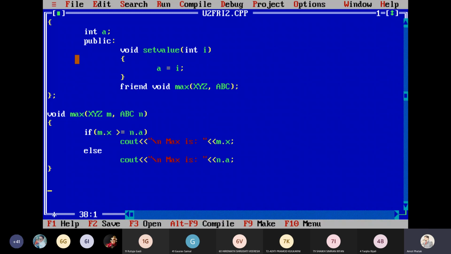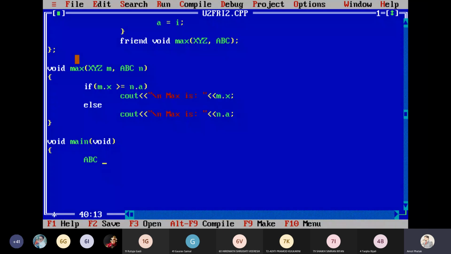So I write void main. Now I have the object of ABC first; whatever name you want to give, you give it here. Suppose my first object is A1, and A1 dot set value, passing 10.